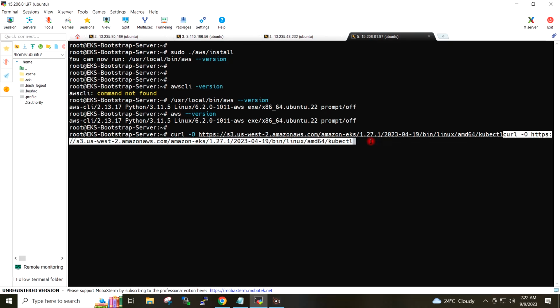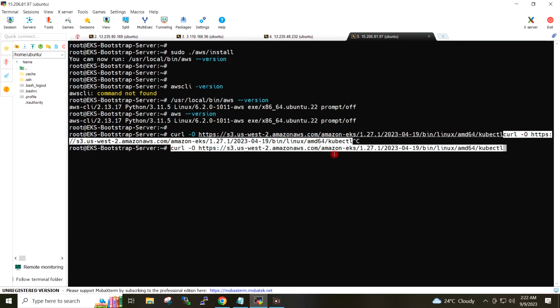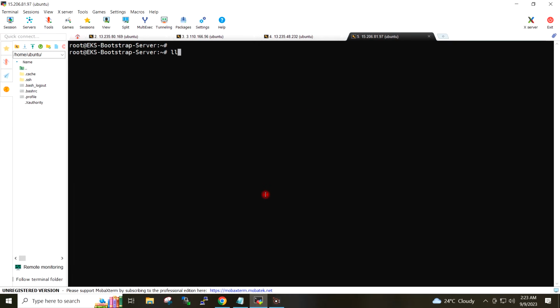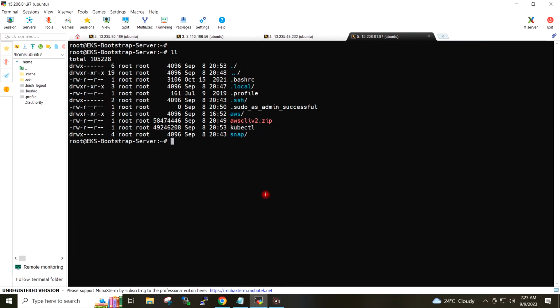So first of all, I will download the kubectl with this command. So kubectl is not having the executable permission. I will give it with this command.